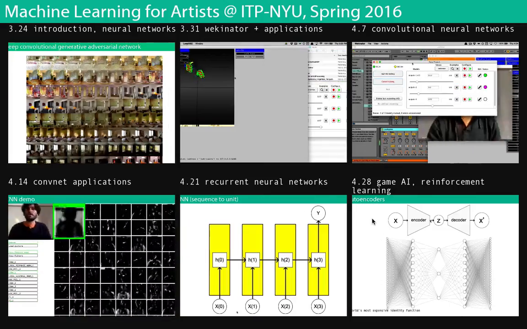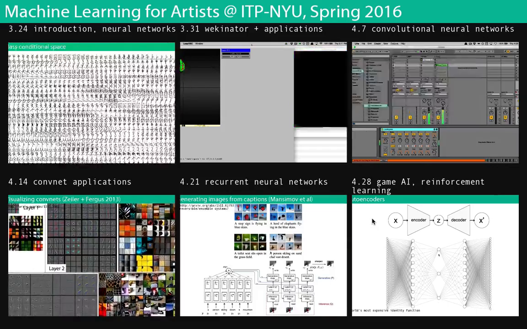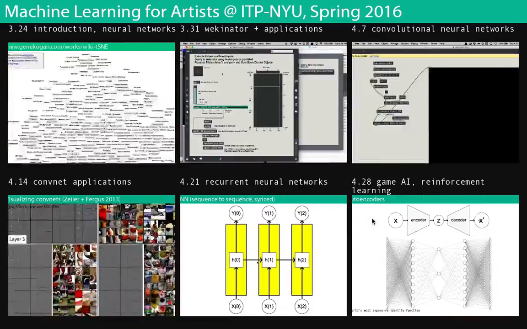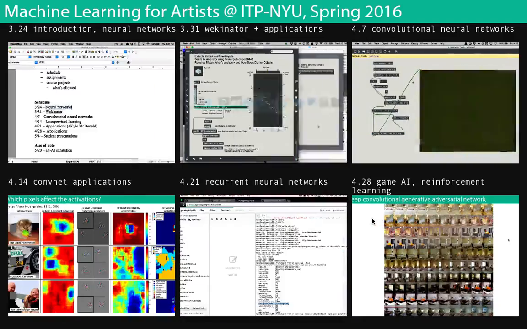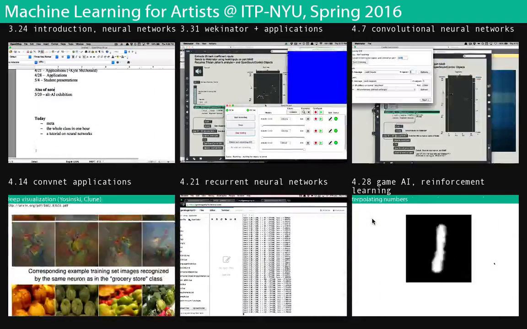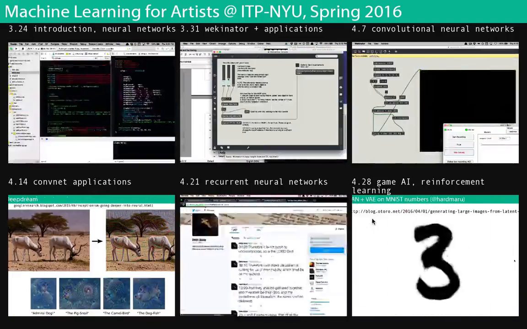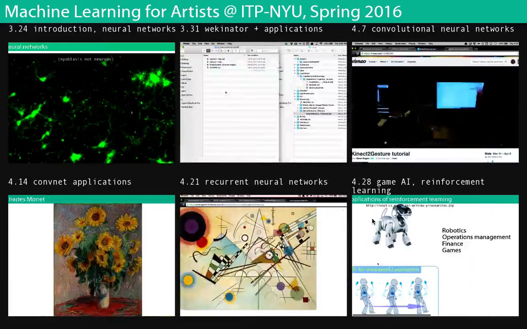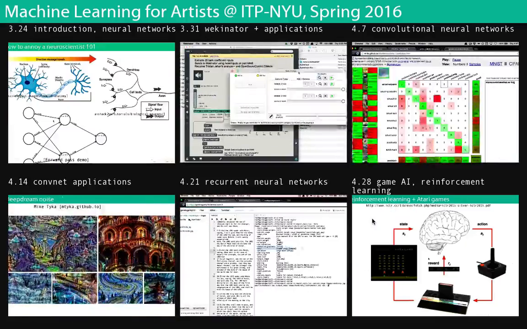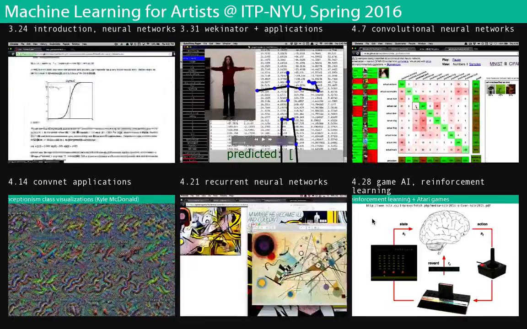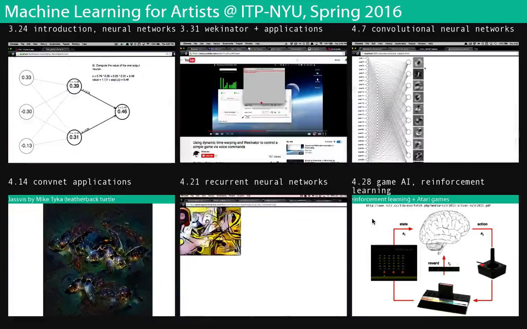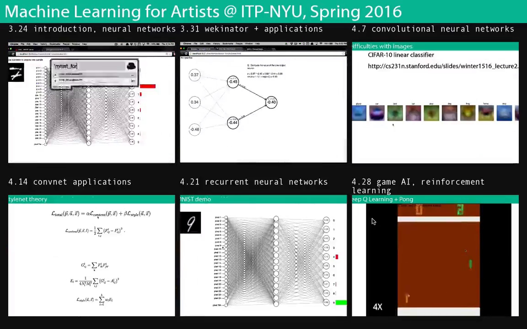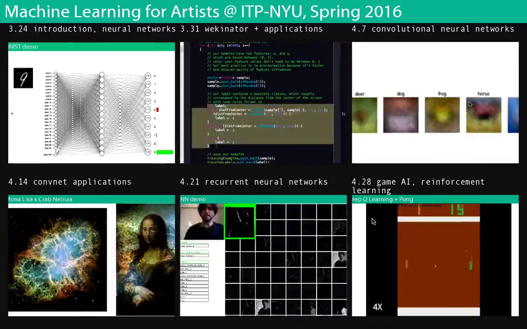The idea is to take you on a tour of machine learning for artists. There's been a lot of really amazing progress in this field in the last year, and we're going to try to keep up with it. This is going to be very much a broad overview. It's meant to be kind of fun and entertaining. You're going to see a lot of pretty pictures. And also it's going to be very theory heavy, which is to say the primary goal is for people today to understand how some of these algorithms work, particularly neural networks, which most of this is based off of. So we won't be doing that much coding, which is unusual for most of my classes.